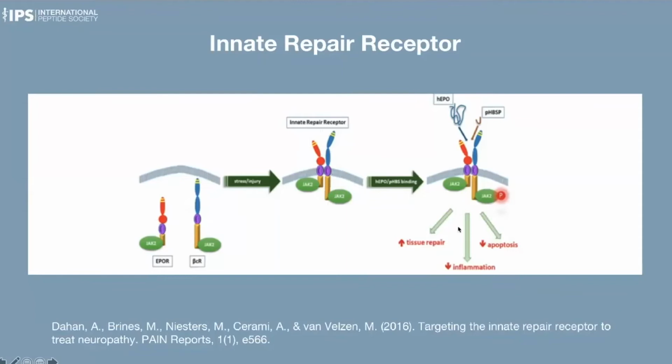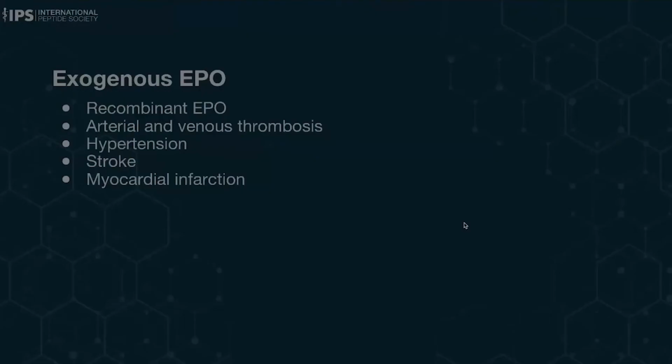own tissue repair, decrease inflammatory response, decrease apoptosis, all the things you've learned from me in the past about controlling inflammation and the innate immune response. You have the capacity to do this with this receptor. And what happens is you just don't make enough of the erythropoietin, or you can't keep up with the injury itself. And this has become a target of what we have, a specific peptide, because what we found is that